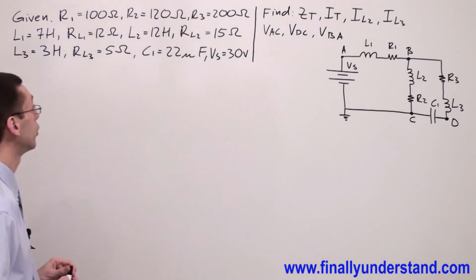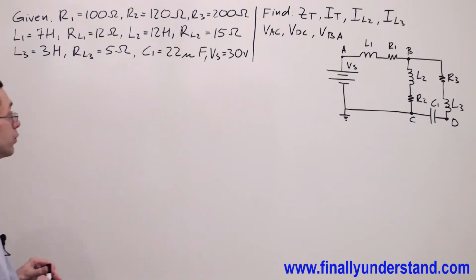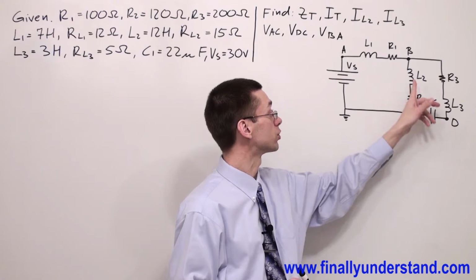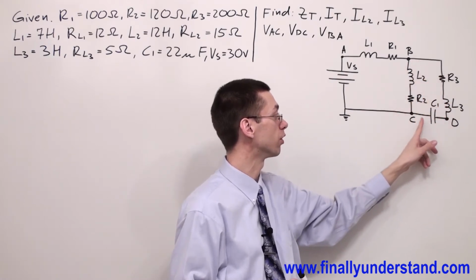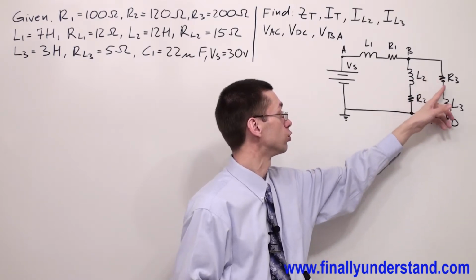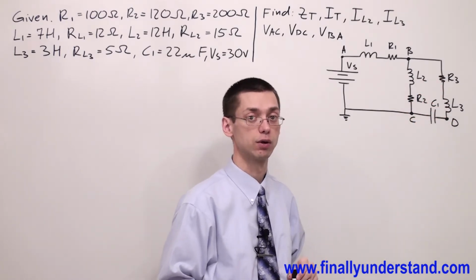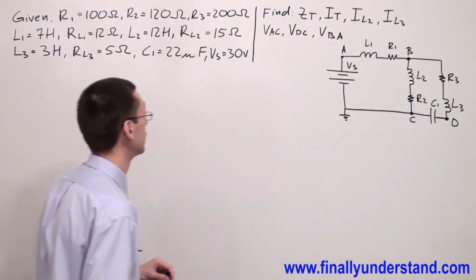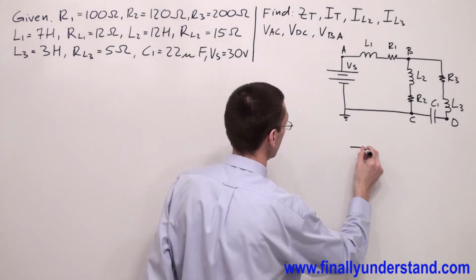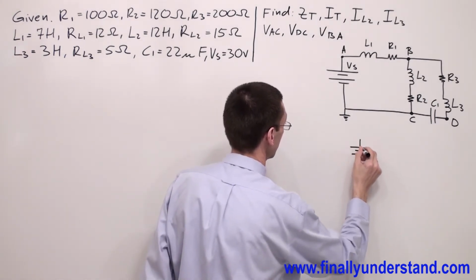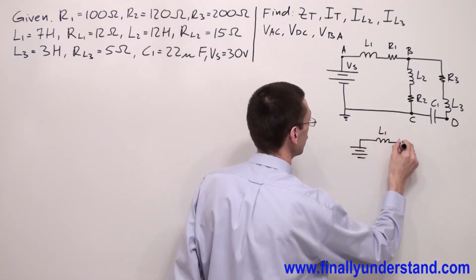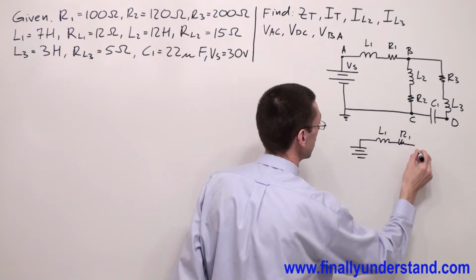So we're going to find Z total first. As we said, the capacitor is going to behave like an open circuit, so current is not going to flow into this branch, okay? So basically I'm not going to consider this branch when I calculate Z total. My circuit is going to look like this right now. I have simply voltage source, inductor L1, resistor R1,